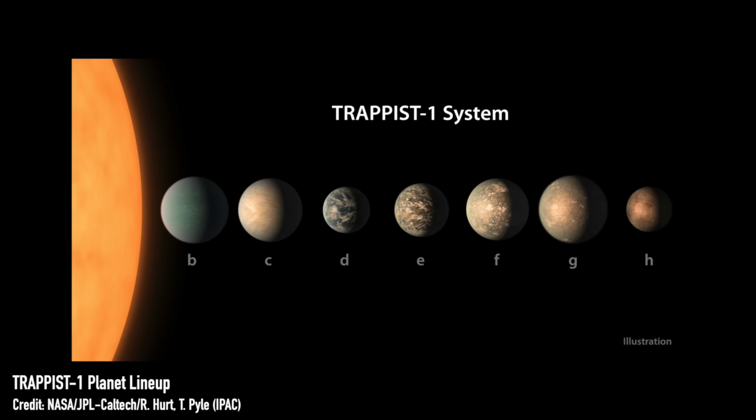And then, just so there's no confusion about names and terminology, all exoplanets are named first after their star, so in this case TRAPPIST-1, like TRAPPIST-1a, the star in the system, and then the planets are named b, c, d, e, f, g, etc. as you get further away from the star. Now the inner planets 1b and 1c were detected